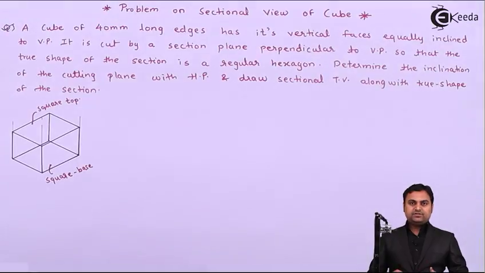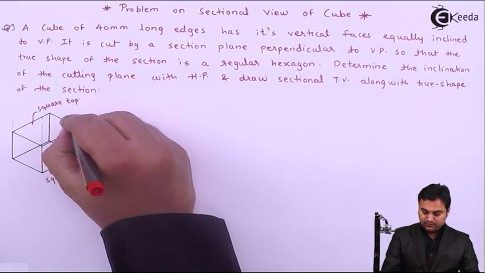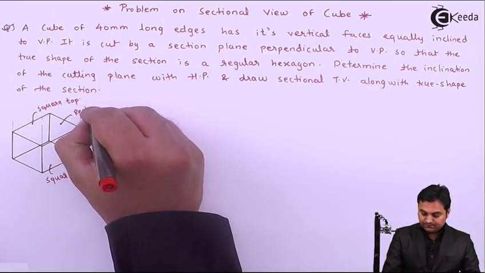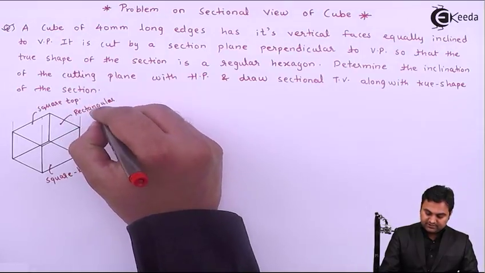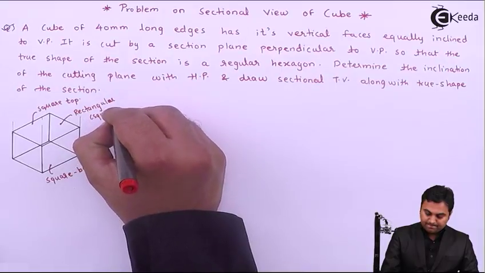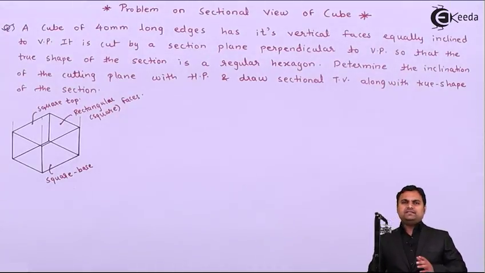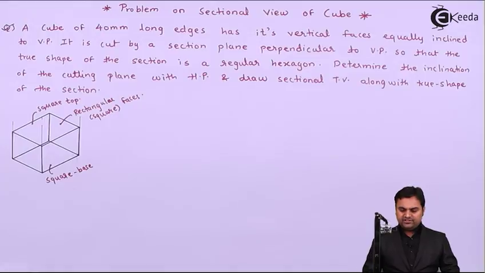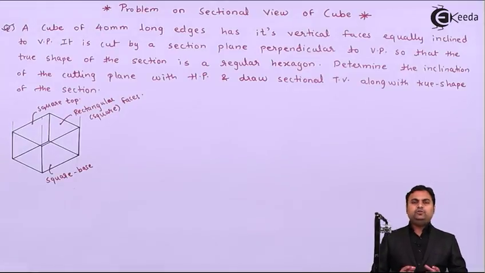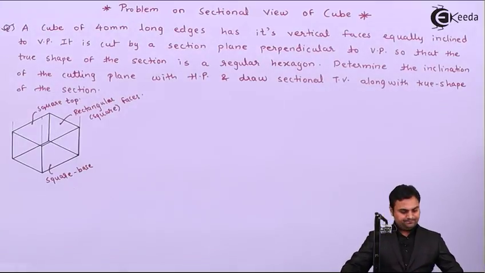Since the square top and square base have four sides, the cube has four rectangular, or in other words square, faces. So we can treat a cube as a square prism in which the height is equal to the sides. Now in the question it is mentioned that the cube of 40 mm long edges has its vertical faces equally inclined to VP. So equally inclined to VP will be seen in HP. So starting with this problem,